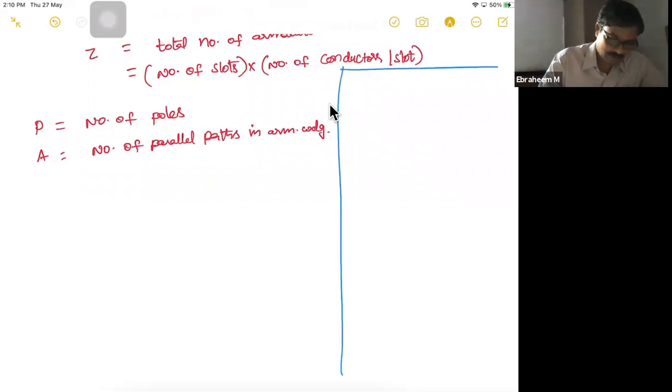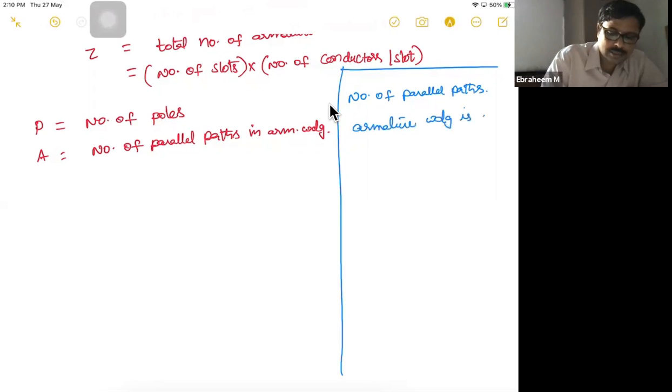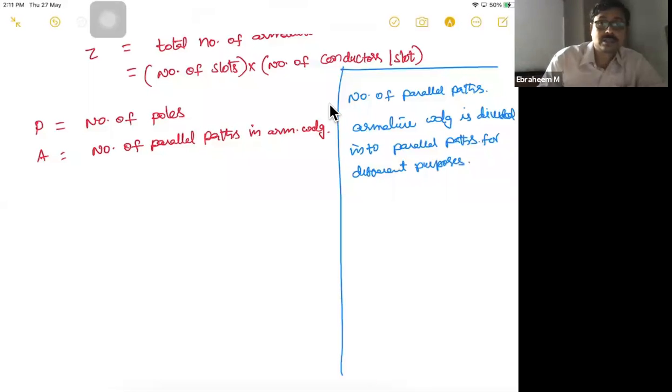So here, a number of parallel paths. The armature winding is divided into parallel paths, for different purposes. Okay, so that means, for example, let